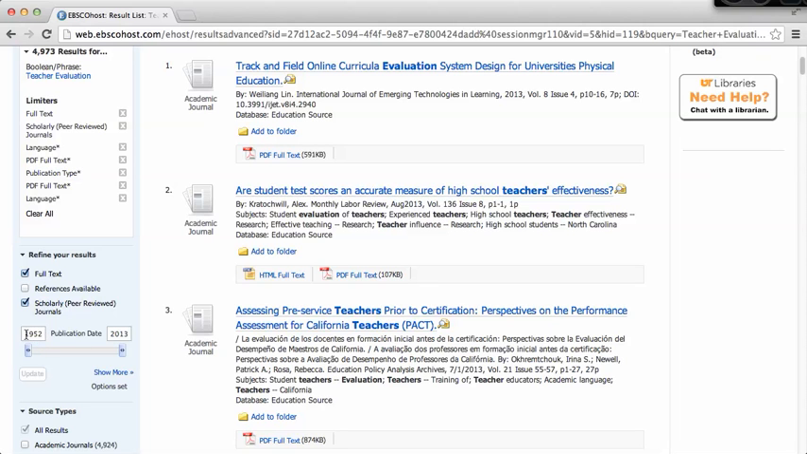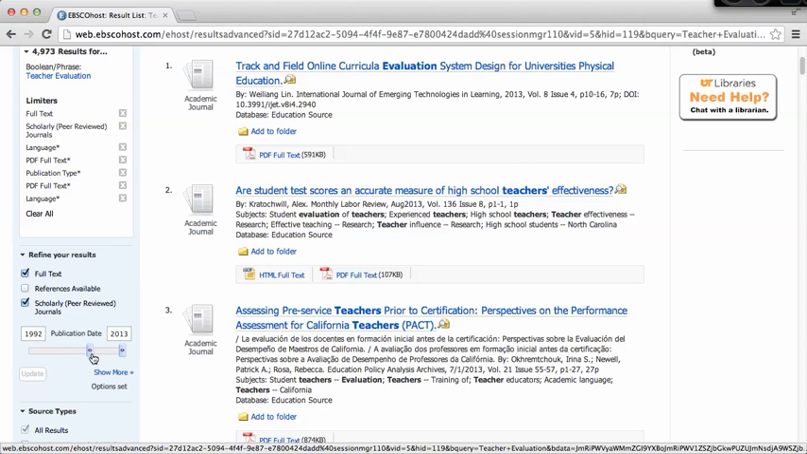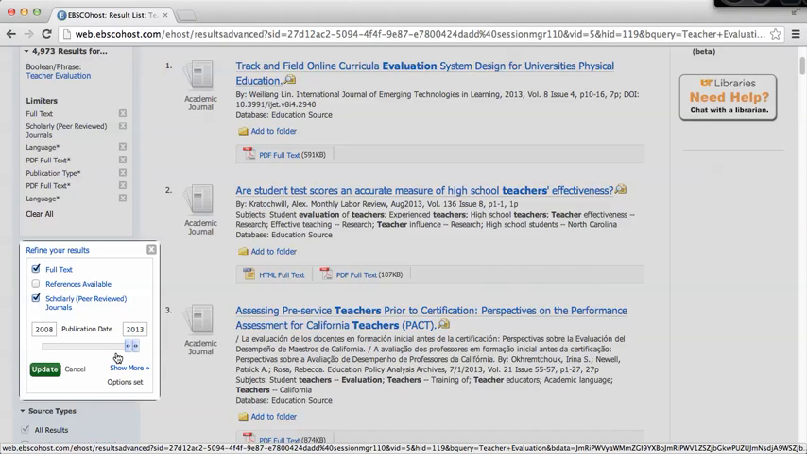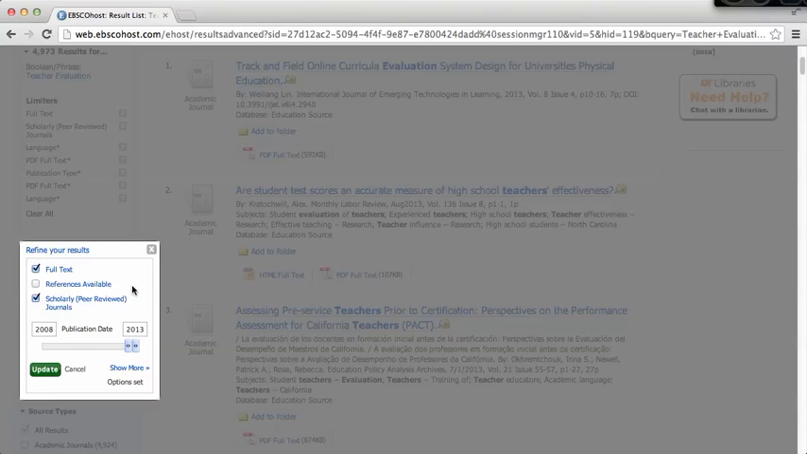And you can obviously search back as far as you can go, but I'm not too interested in things that were published in 1952, so I'm going to bring it up to, let's say, 2008. Most of the time, if you're doing academic research, especially in education, you want to focus on things that were published post No Child Left Behind, which was 2001. And we'll click Update,